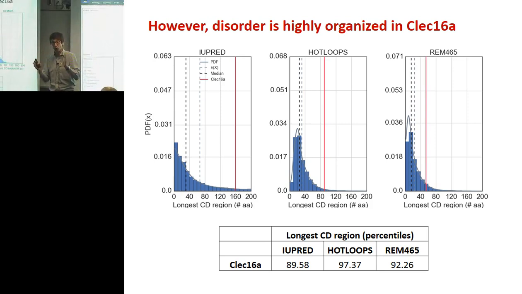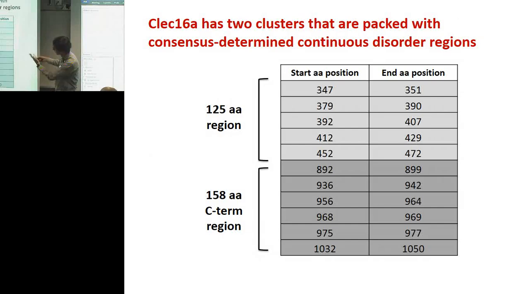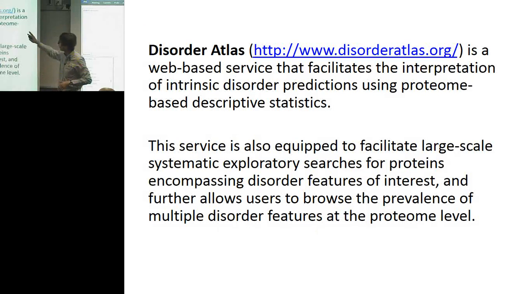How you can use disorder atlas? So essentially we put this on an algorithm that can do that automatically for you. And then this is a description of what happened with CLEC16 and where the domains are. But what we do is that we put a disorder atlas, which essentially is a web service that allows you to do effectively two things. Do you want to know the statistics about the proteome? So we have the 10 proteins that we did the calculations there, and it will tell you what are the means, what are the standard deviations, how the distributions would look like, what are the bottom 25 percentile, the top 25 percentile, the bottom 10 percentile, the top 10 percentile, so that when you do a prediction, it gives you an idea of where you're standing.